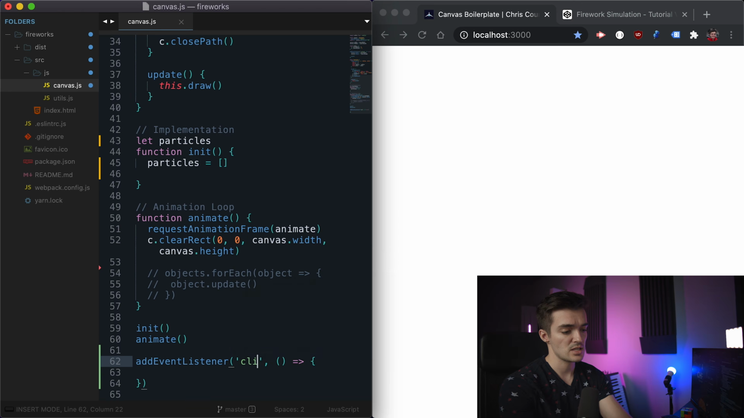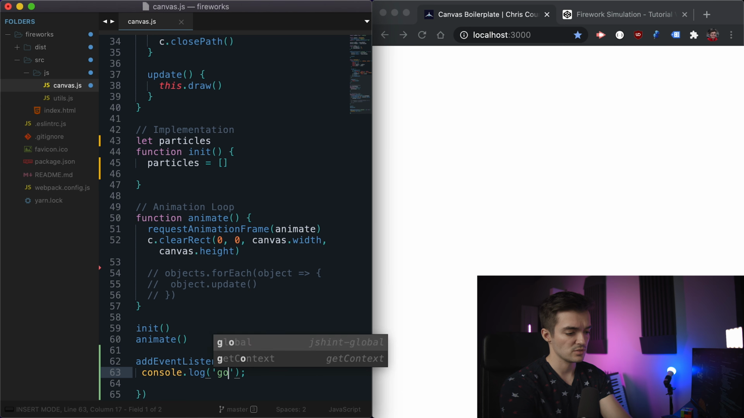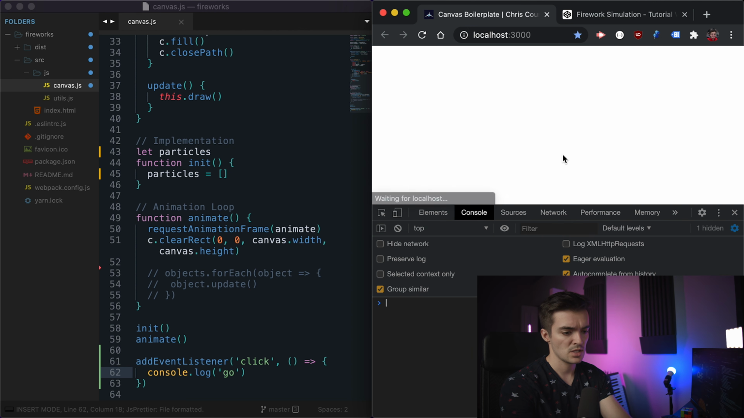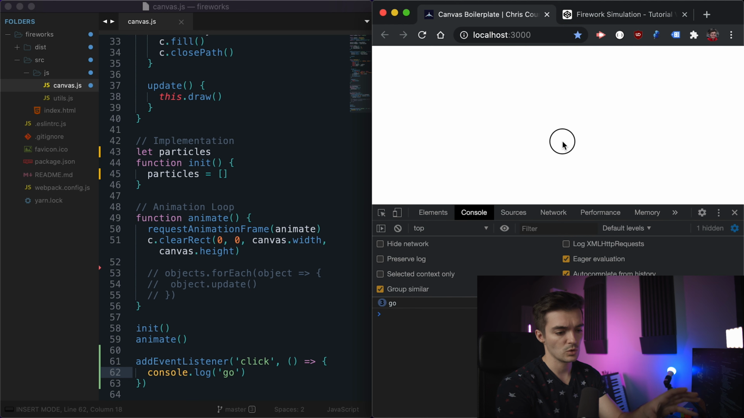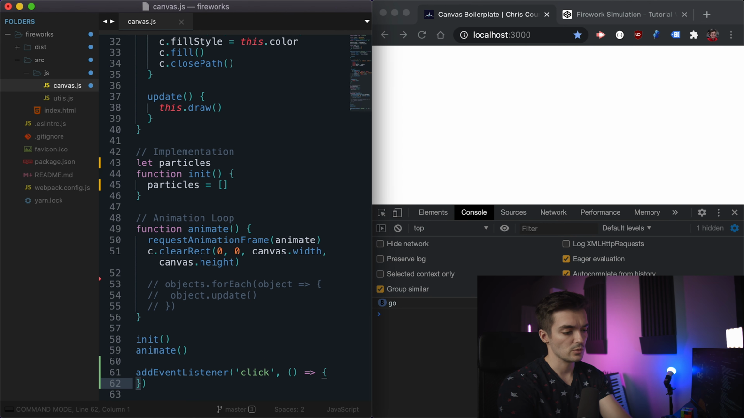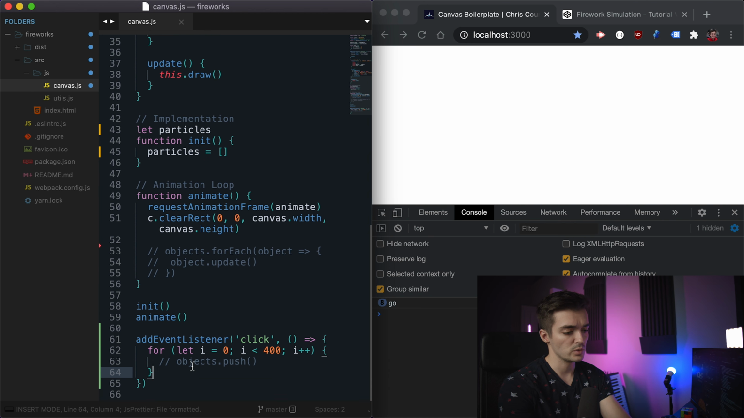We want to specify we're going to spawn particles on click. But just to test that this works, it's always safe to go ahead and add in a console log statement. So we'll just say go. Check our console, and now when we click our blank canvas, we're going to see go being created over and over again. So we're going to go ahead and get rid of go, paste in our for loop,